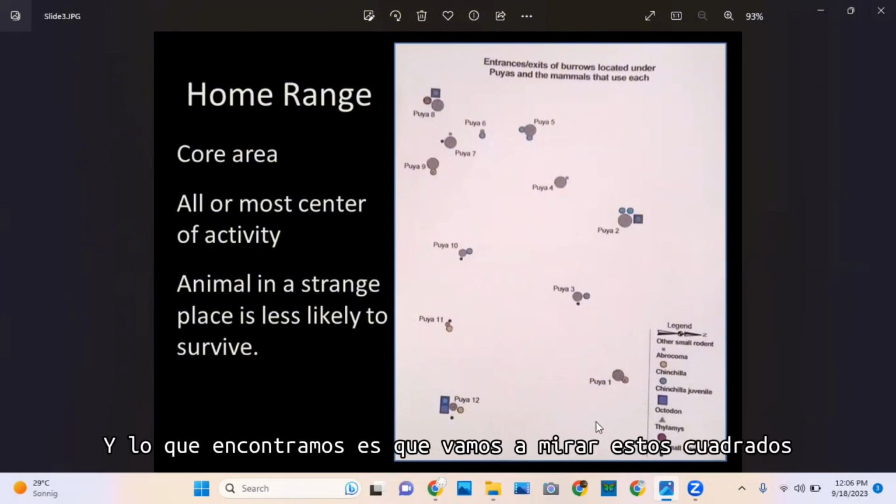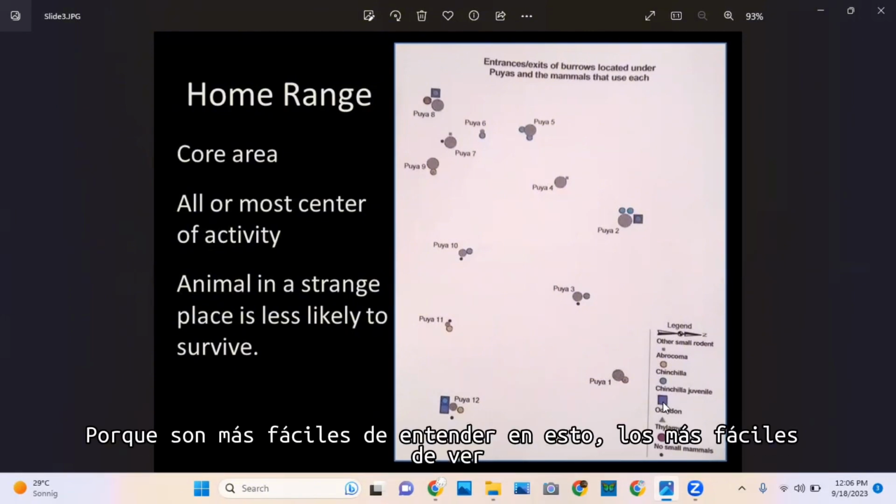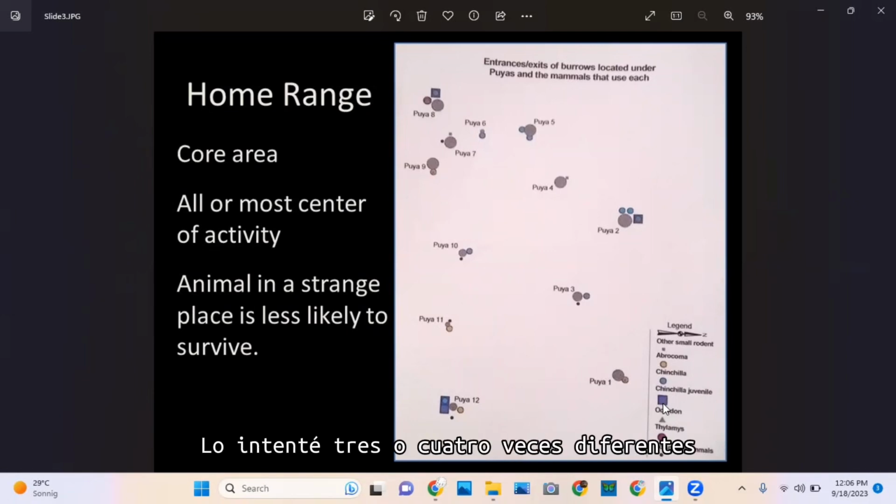And what we found is we're going to look at these squares because they're easiest to see on this. It's not a very good scan. I tried it 3 or 4 different times. I couldn't get it to scan better. So where these squares are juvenile chinchillas here at puya 12, at puya 2, and at puya 8. And if we look at these,